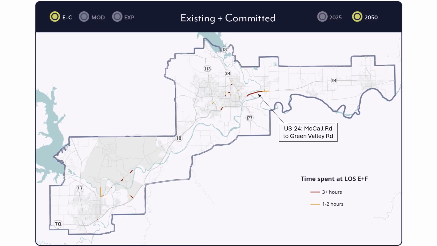This map shows the impact of the population growth projected by 2050, modeled with the existing plus committed road network. Again, the US 24 corridor is the only large issue. It's hard to notice, but despite the large amount of predicted population growth, the red congestion line extends only slightly further east. Nearly all other small dashes of color are related to traffic signal issues around K-State and at the gates to and from Fort Riley. Overall, our region's roadway network performs very well in this high-growth future scenario.